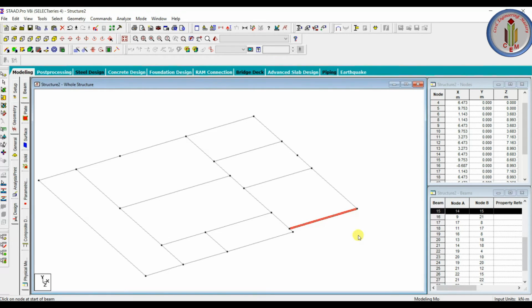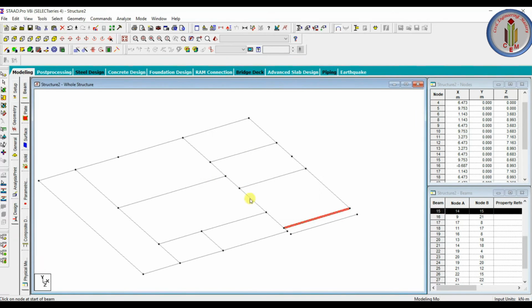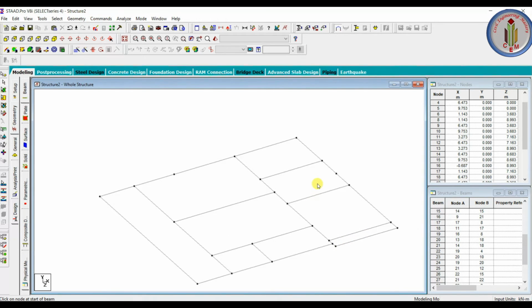So Control C, Control V, this is the direction. 2 feet is 0.6 meter. So let's go and then add. This is also done now.